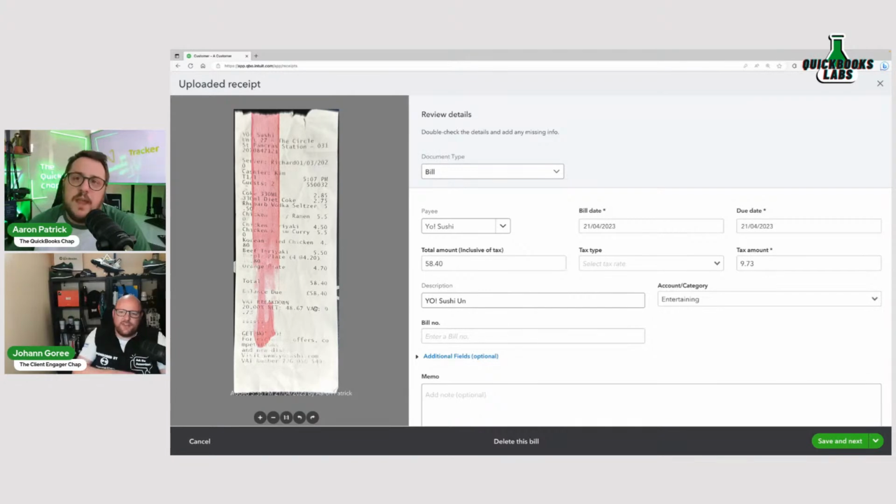So is it perfect? No. It's more of a criticism of the Yo! Sushi receipt printing capabilities that they've made such a mess of this. Oh, that doesn't look great. Shall we not split the £9.73 bit at the bottom? Shall we make sure there's enough space for all the date characters? Yeah. No, I think it's on its way.